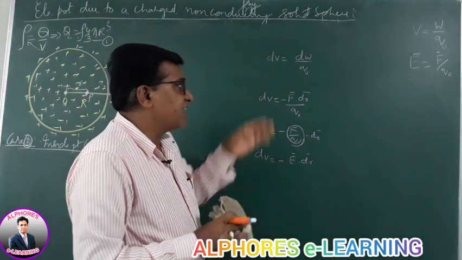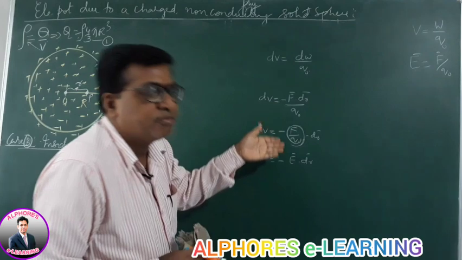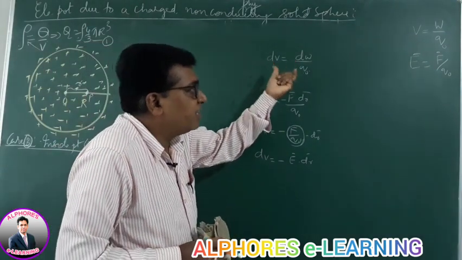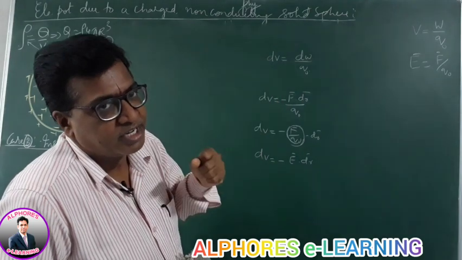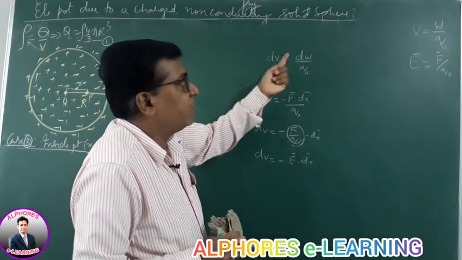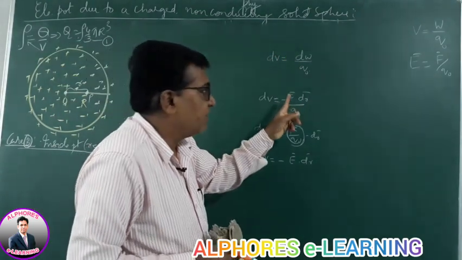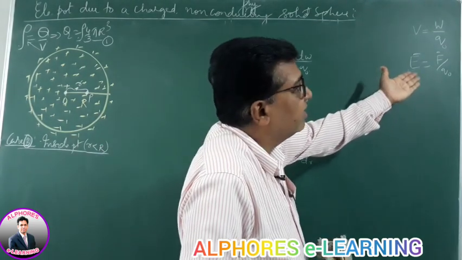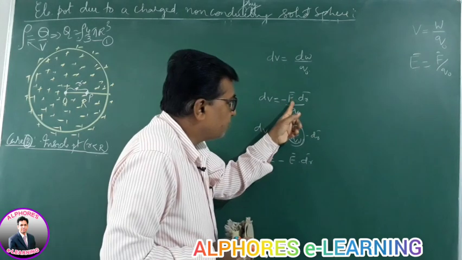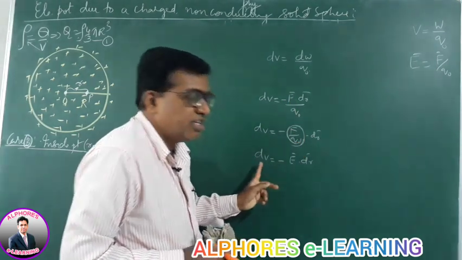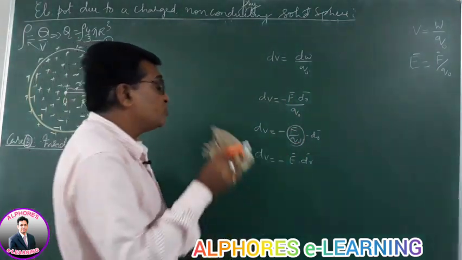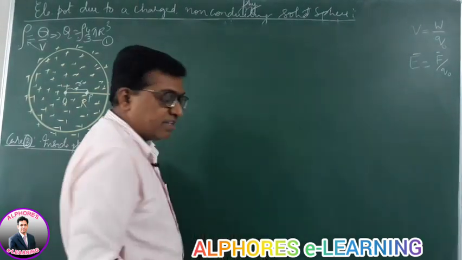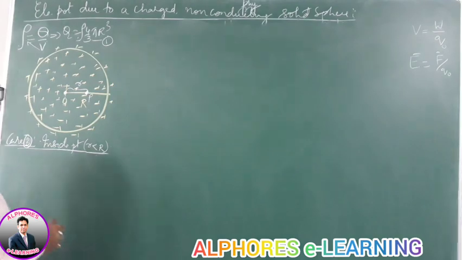So I have drawn all these things from the definition, from fundamentals. By definition, potential difference is work done per unit charge, W by Q. According to the first year work done formula, it is F dot dr. According to the definition of electric field intensity, F by Q naught is E. So dV is minus E dot dr. Making use of this formula, let us derive the formula for the electric potential at any inside point.